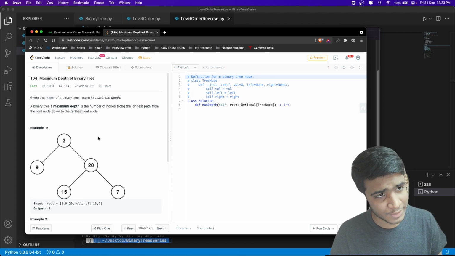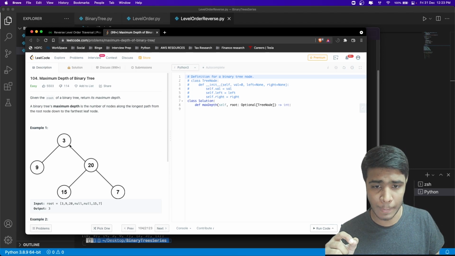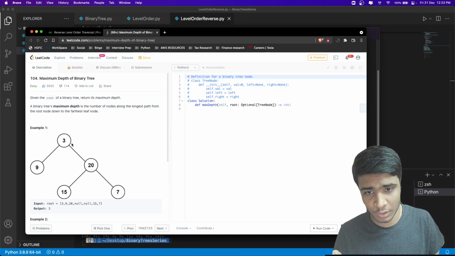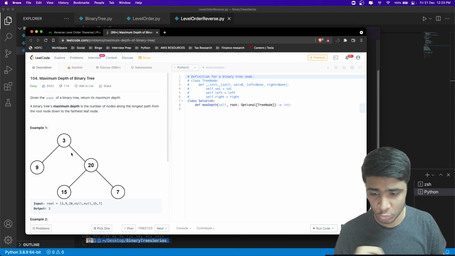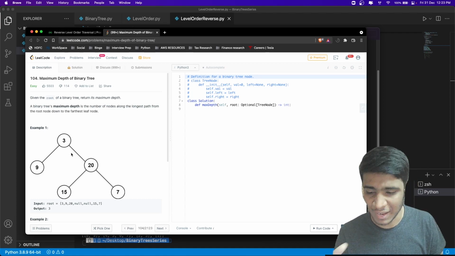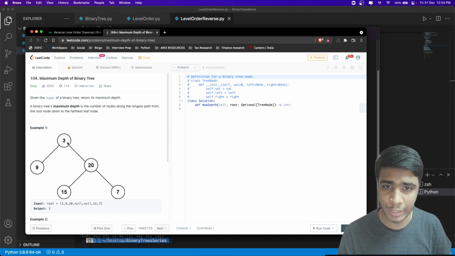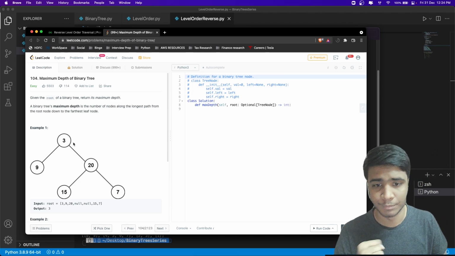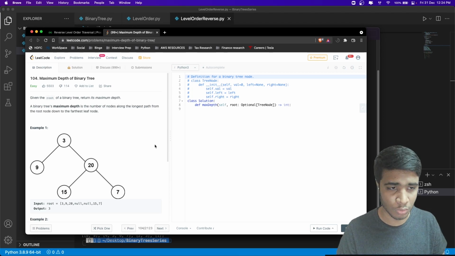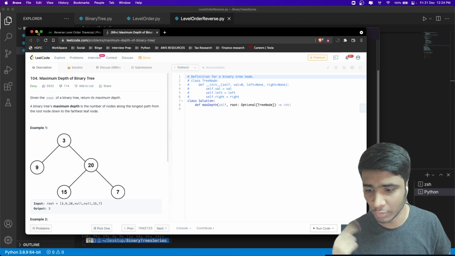So here our understanding of height is starting from the root. The root is going to be our start, and you can go to any of its children and call that the end. The distance between start and end is going to be the depth of that path, and the maximum path that you can find in your tree, starting from the root to its leaf nodes, would be the depth, or height, of a binary tree. So that's the problem. Think about it, try to solve it, and if you couldn't find a solution, you can join me and see my solution. Okay, we'll see you there.